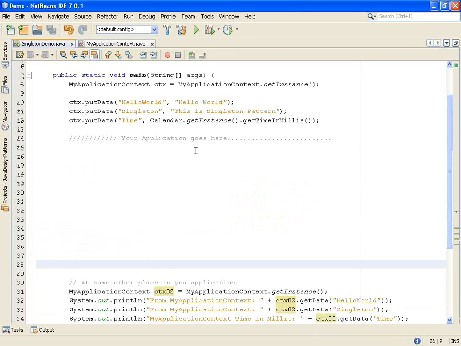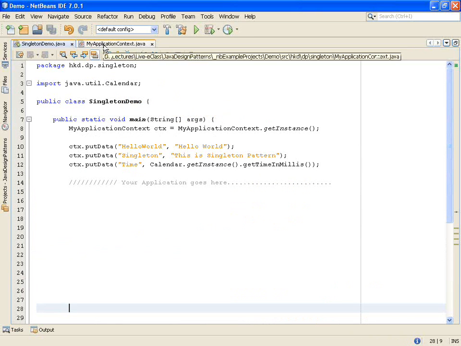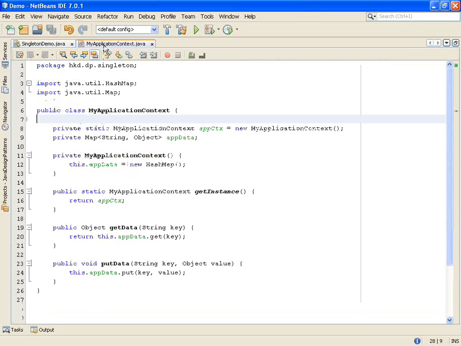Now let's look at the my application context. If you see, this is a static my application context, and I have created early initialization.